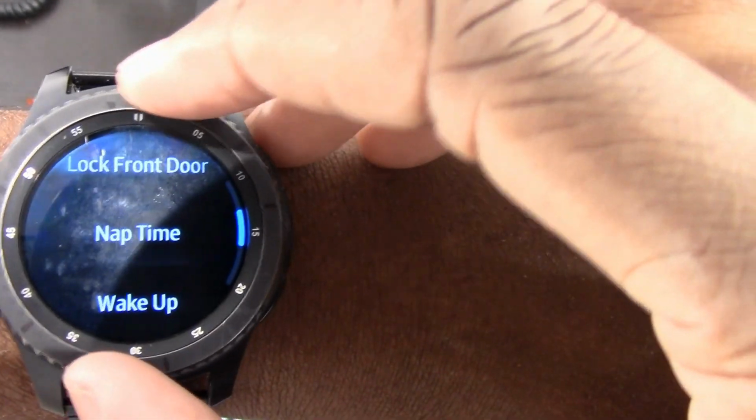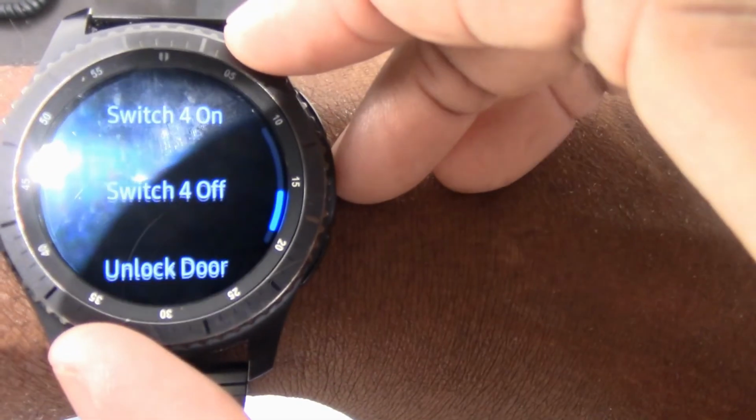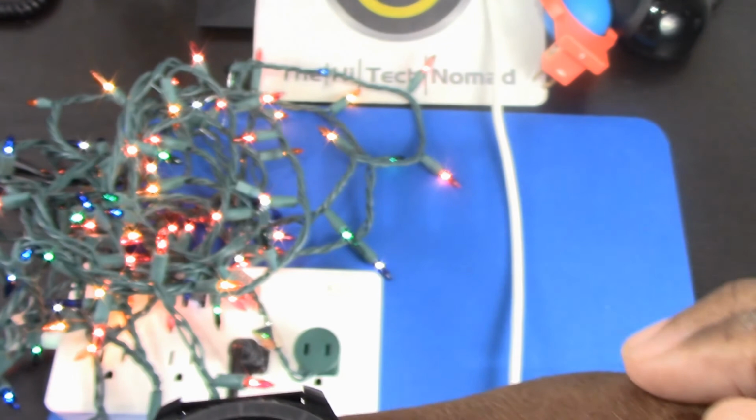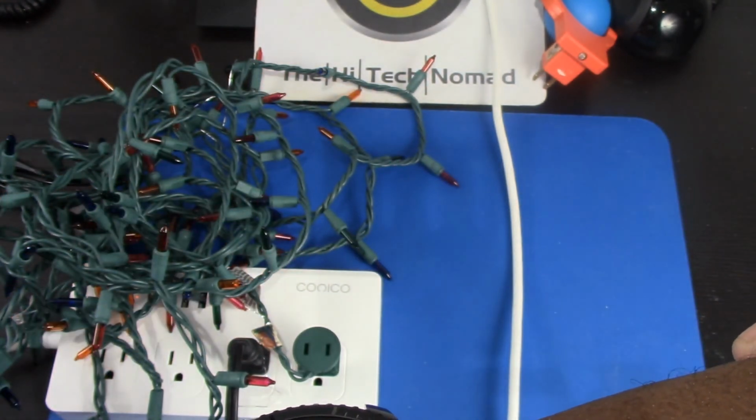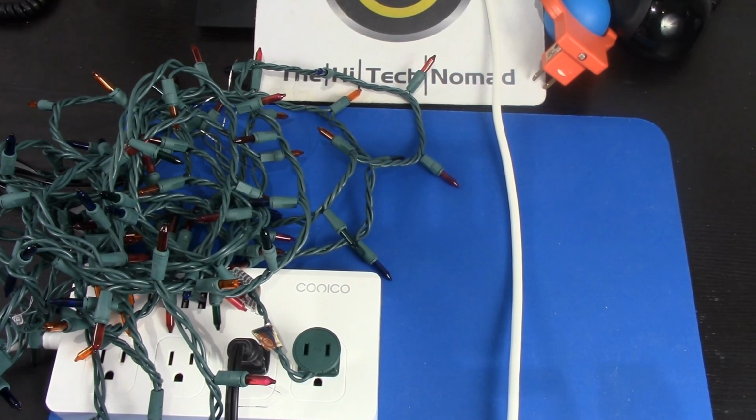Now I can do things like go to the trigger program. Find which one I want. In this case, we'll do switch 4 and we'll turn it on. And there we go. And we can, of course, turn it off. Okay. So not only can I do that, I can do that with any of the smart devices that I have in the house. So for example,